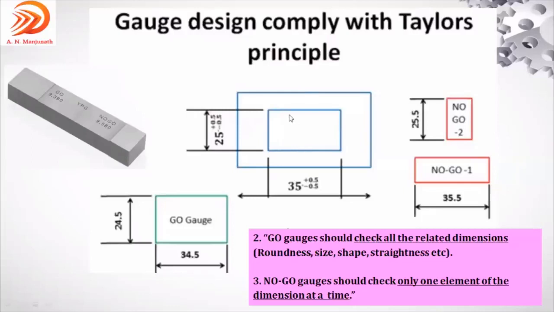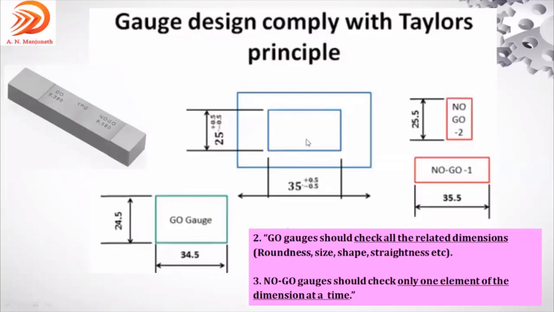Suppose you are having this type of component. I hope all of you can hear it. This component is the one which needs to be inspected, right? As you can see over here, it is a rectangular component. For a rectangular component, again, they are going to take go and no go gauges. Assume this is the gauge which is used to inspect this component, like this. See, this component has the dimension 25 plus or minus 0.5 tolerance. Here 35 plus or minus 0.5, because it is a rectangular hole. This is the hole, a through hole.